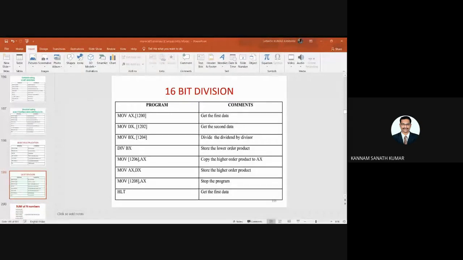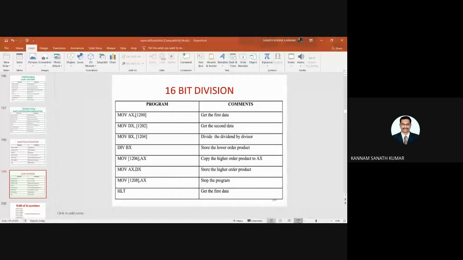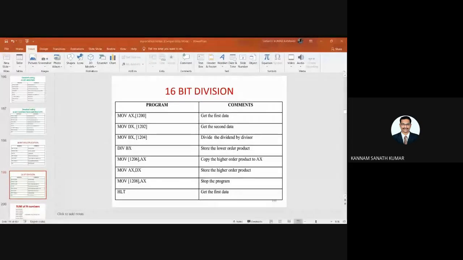And next, the 16-bit division. If you see, it is the same thing. First, whatever value is present in 1200 and 1201 you move into AX, and 1202, 1203 you move into DX.